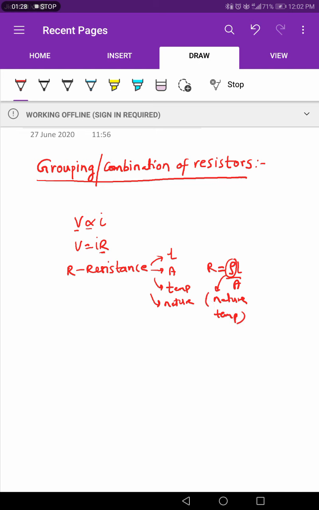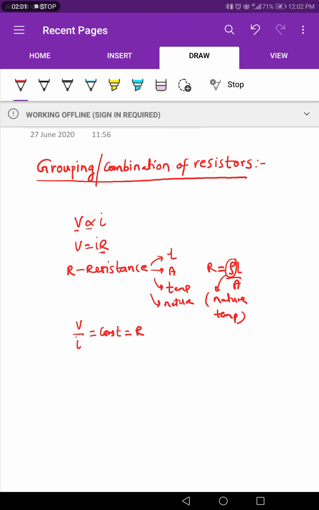After that we studied how to verify Ohm's law experimentally. We draw a circuit by taking a resistor, ammeter and voltmeter, connected in a proper manner. By changing the voltage, or by connecting two or more cells in the circuit one by one, we get the ammeter and voltmeter readings. Finally, if we calculate the ratio between voltage and current, we get a constant. This constant value we take as R.